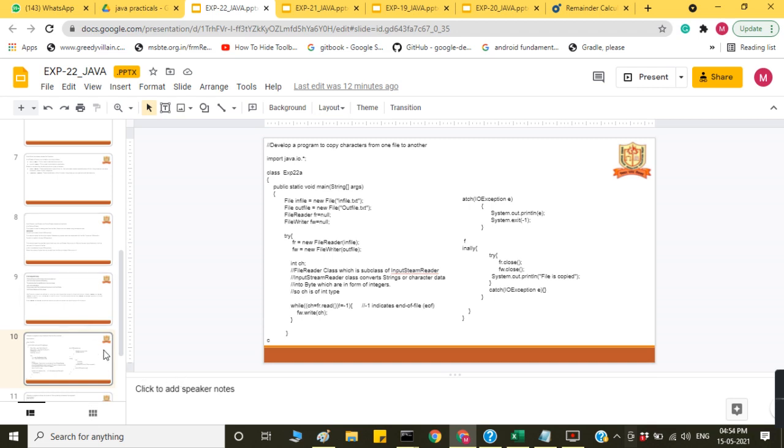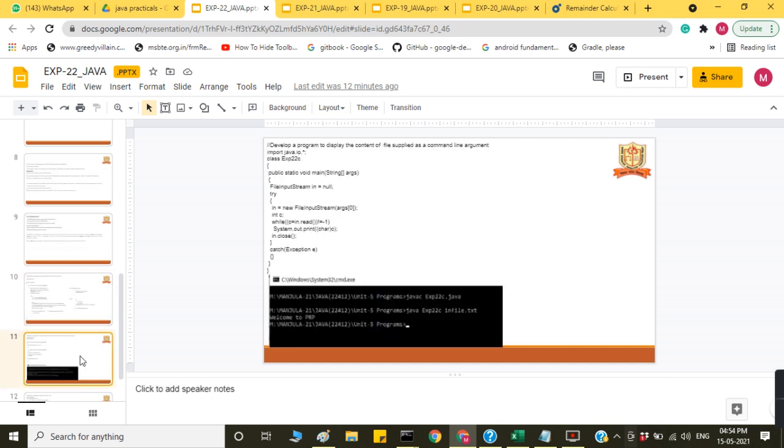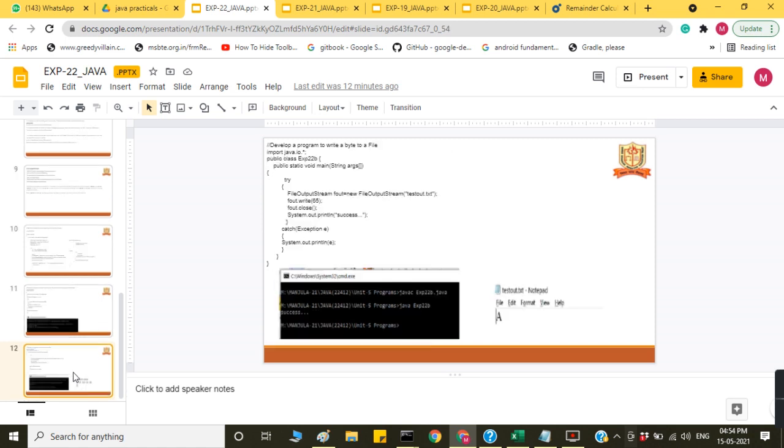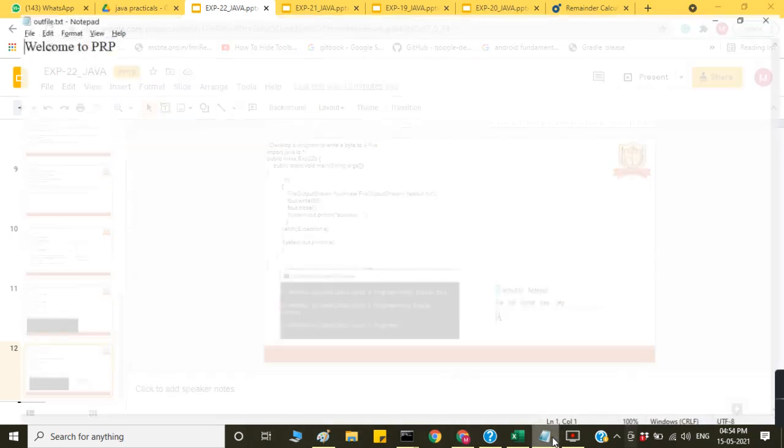And next, so this is one. And here, develop a program to write a byte to a file. So you have to write the byte. For this, 22B.